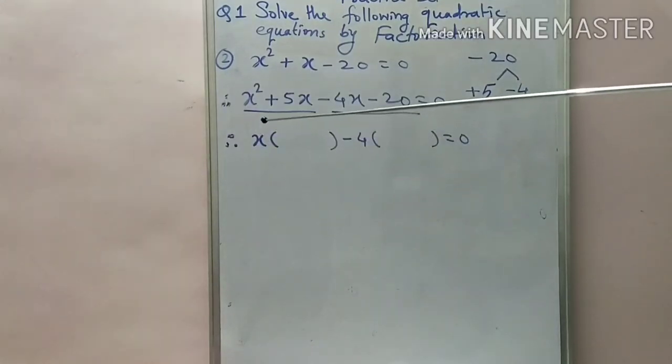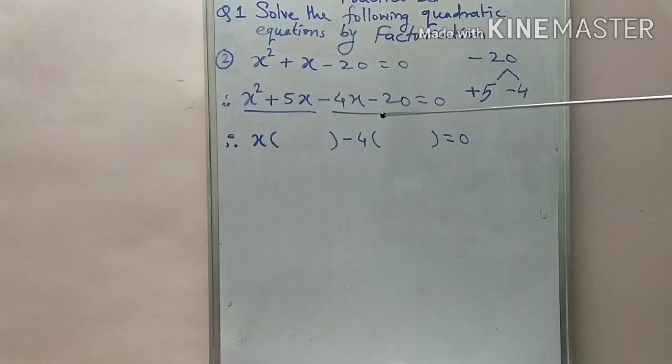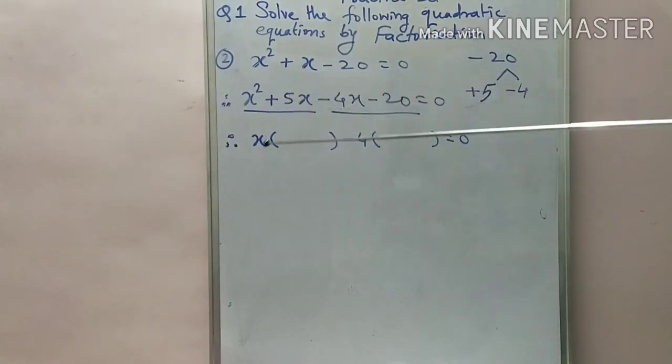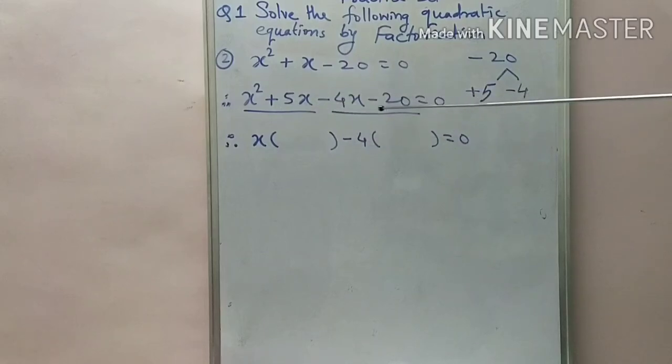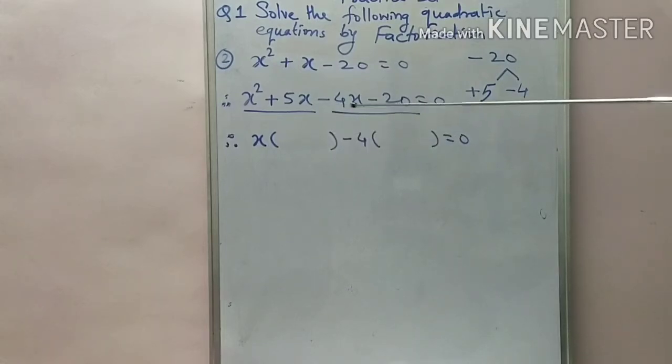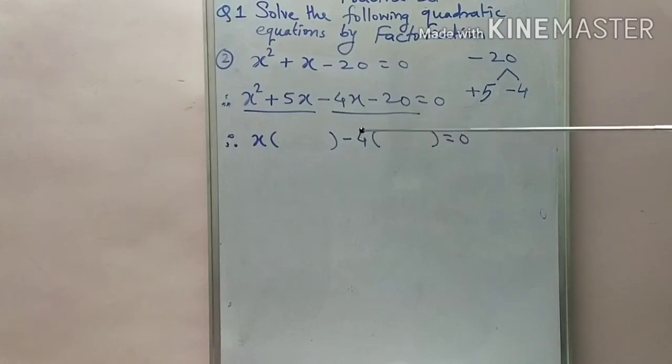So like this, x square plus 5x minus 4x minus 20 equal to 0. Then we take that two groups, and now we find out the common factor from each group. Here from the first two terms x variable is common, so write down the remaining terms over here, and from these two terms minus 4 is common, so write down the remaining terms in the second bracket. Okay,